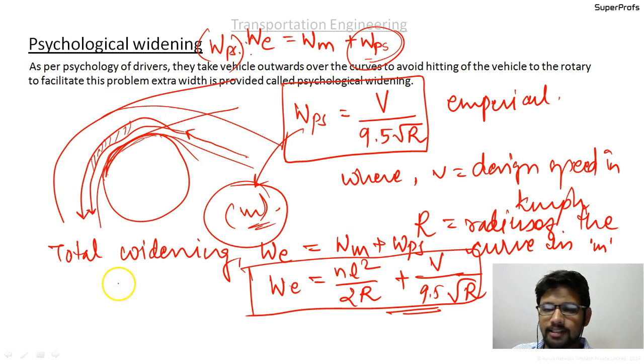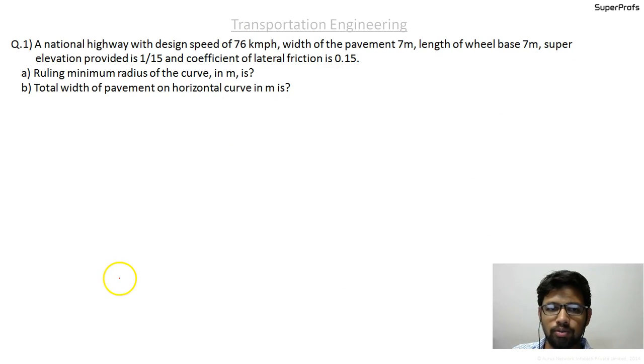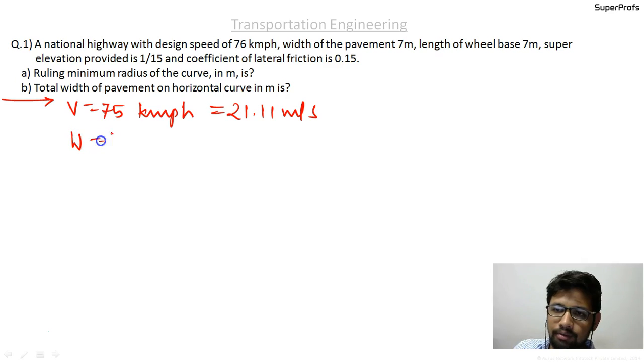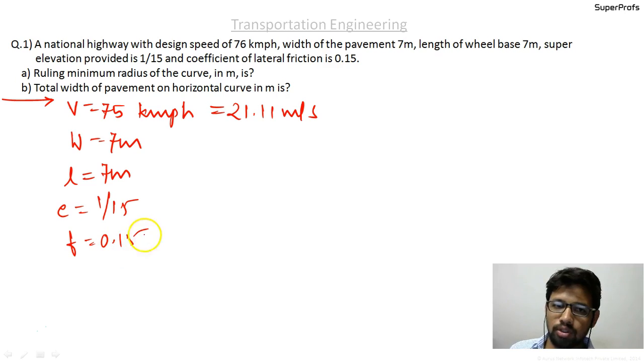Let us now take some numerical example based on this. A national highway with design speed of 76 kilometers per hour, which is equal to 21.11 meters per second, and width of the pavement is 7 meters. The length of wheelbase is 7 meters, and super elevation provided is 1 by 15, and coefficient of friction is 0.15. So the ruling minimum radius of the curve in meters is